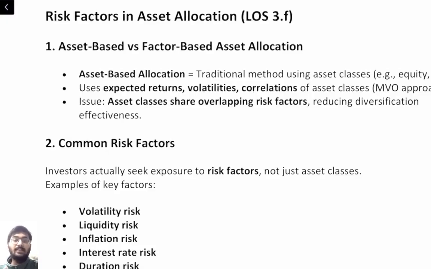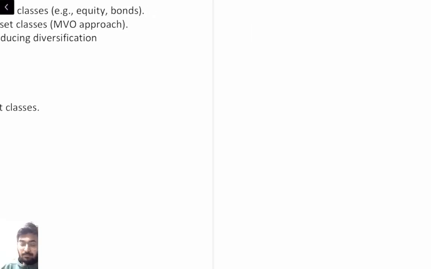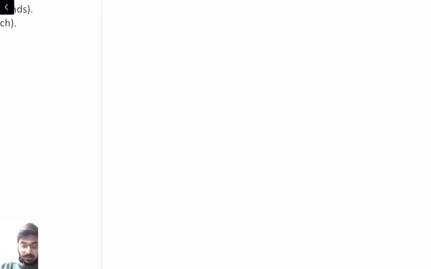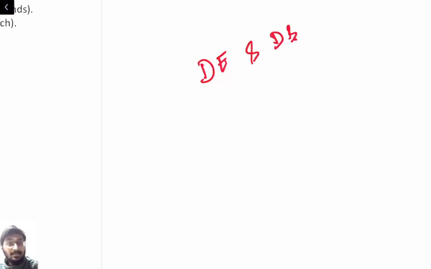So we have volatilities, we have liquidity, we have duration, we have foreign exchange, we have default risk, all these are there. So sometimes your risk factors will overlap. Let me give you one example: we have domestic equity, and we have domestic bonds. Clear? They are both different asset classes, but they both get affected by liquidity risk in the market, volatility risk in the market and foreign exchange risk. Clear? So even domestic companies are getting affected by currency change.